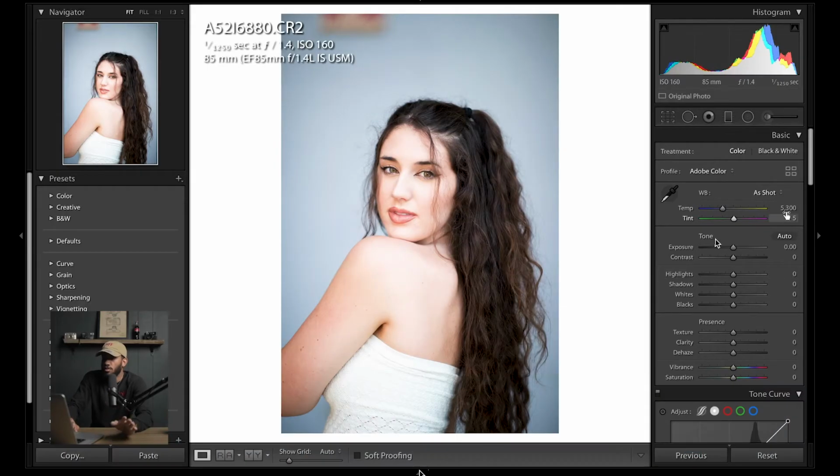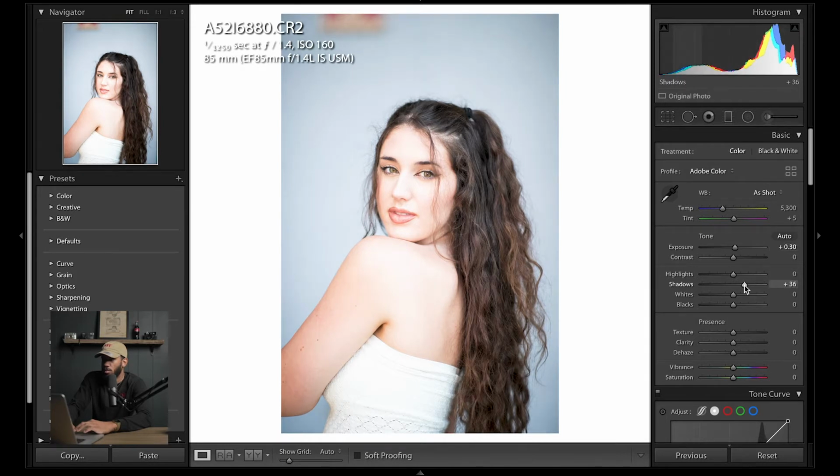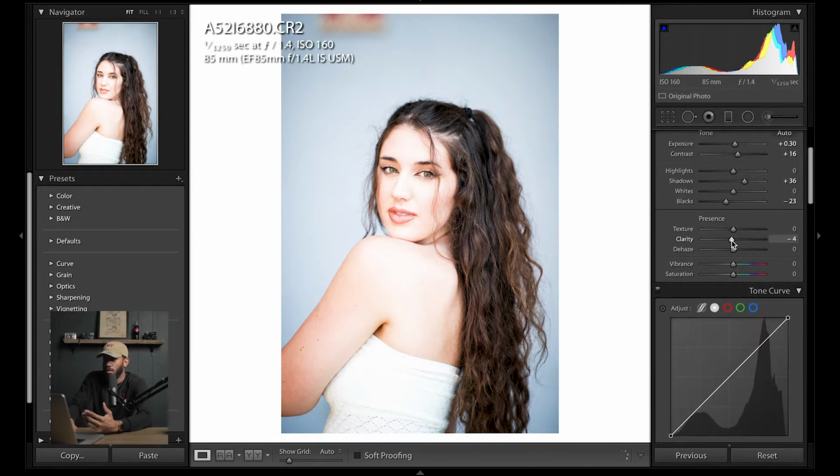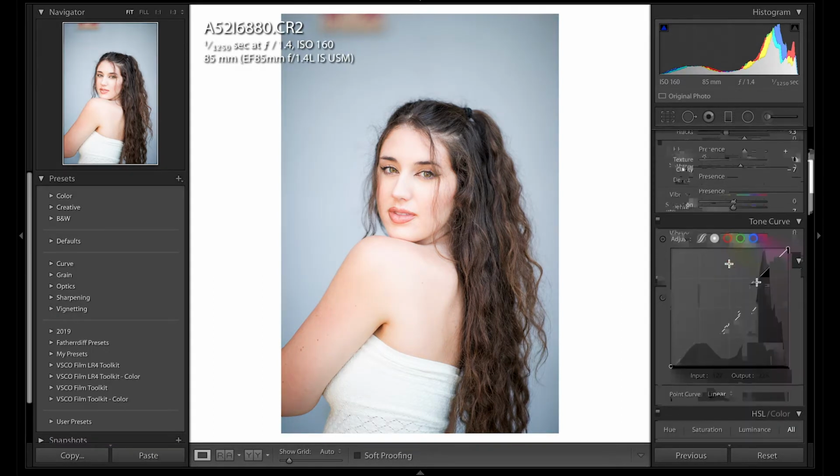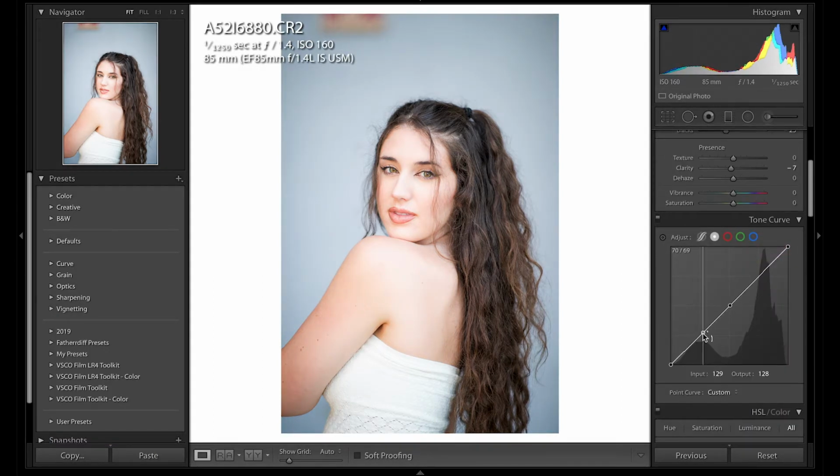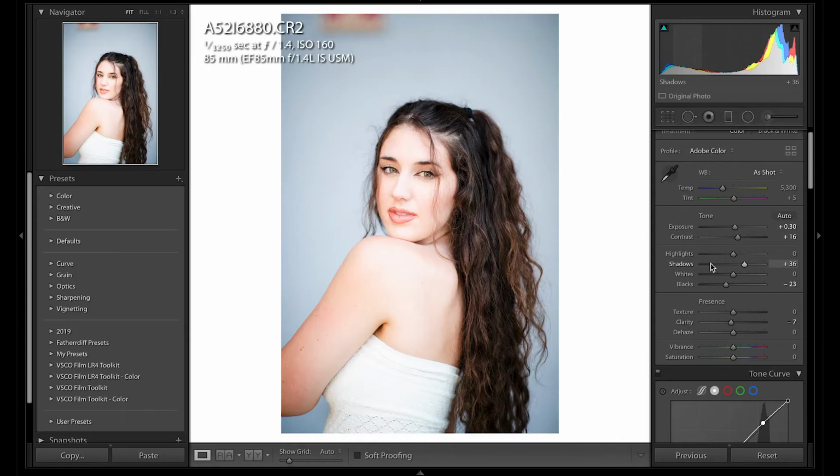So once you import your photo, you're gonna go in and edit it. For this one, I'm gonna raise up the exposure a little bit, maybe the shadows, maybe drop down the blacks, maybe change the contrast just a little bit. I'm gonna turn the clarity down because I want it a little bit softer. Then I'll drop that down a little bit. Maybe raise that. They say this is supposed to be an S curve. I have no idea, they say it works better if it's like an S. So I'm gonna go back and drop down the exposure